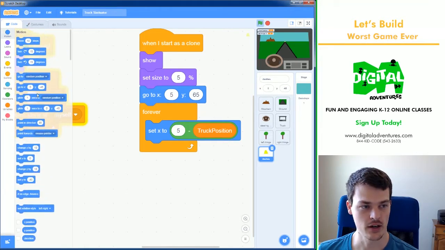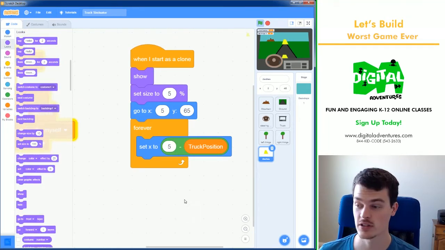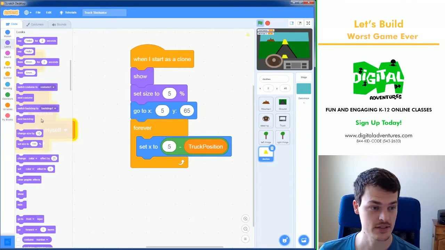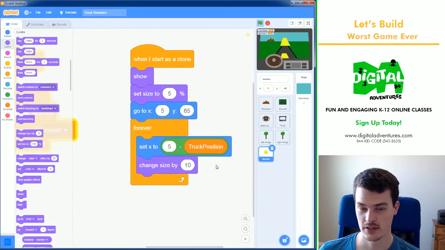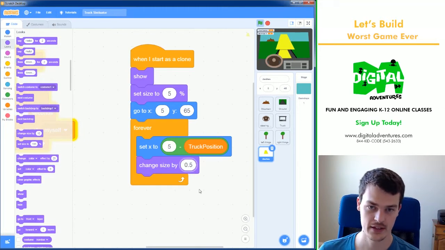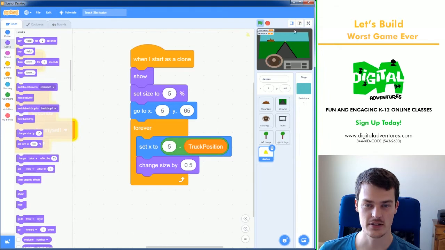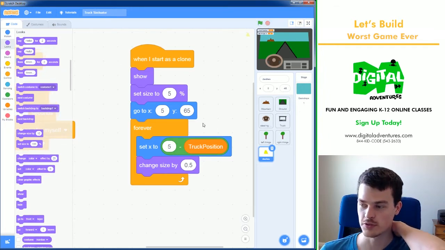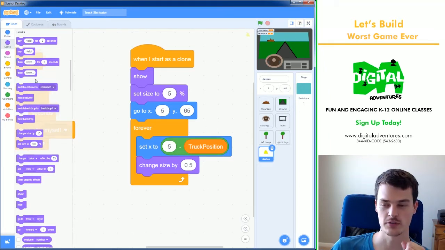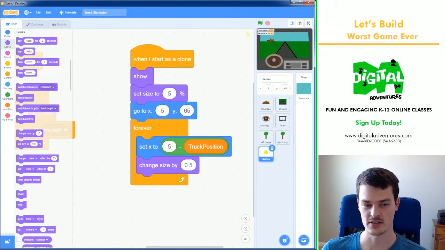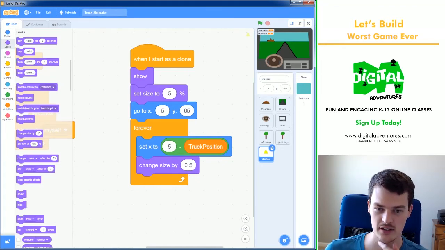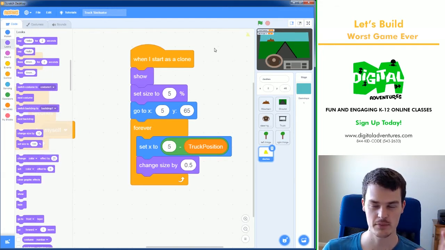Now, I also want it to move toward us. I'm going to do change size. I'm going to say change size by 0.5. Whoa, so they get bigger over time. That's great, but I also need to move it downward. And I'm going to move it downward based on its size increase. So this will be a sort of a way we can make everything look the same distance. So I'm going to say change y by,